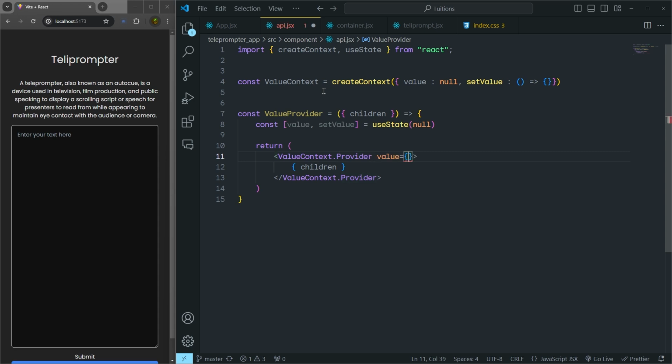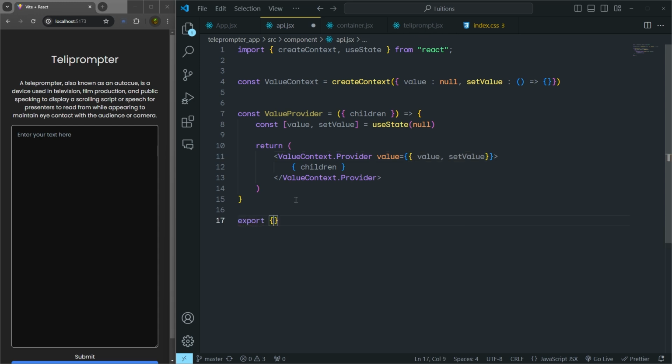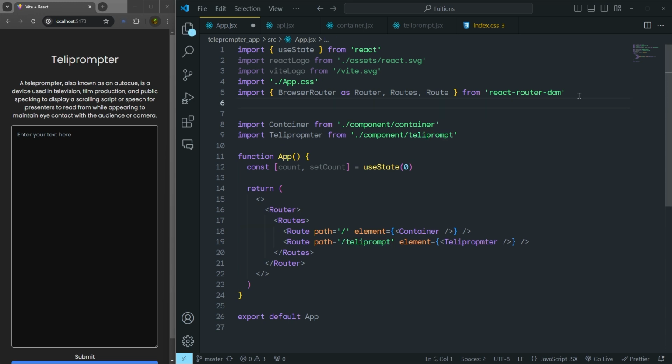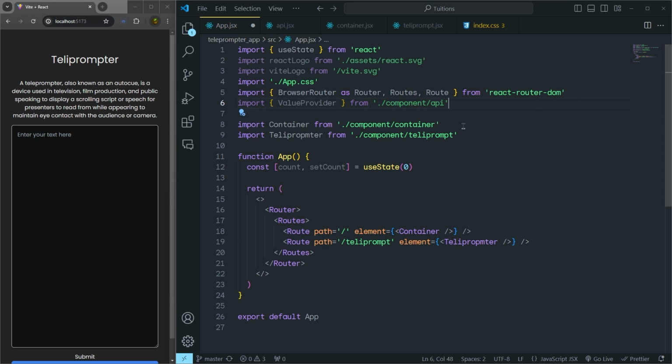And to this value provider, we need to specify the create context value. So we pass here value, and inside an object, we pass value and set value. Save this file, and then don't forget to export the value context and value provider. Save this file, back to the app.jsx, and right here, we're going to import value provider from the app